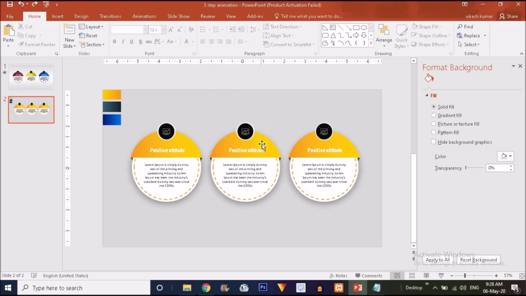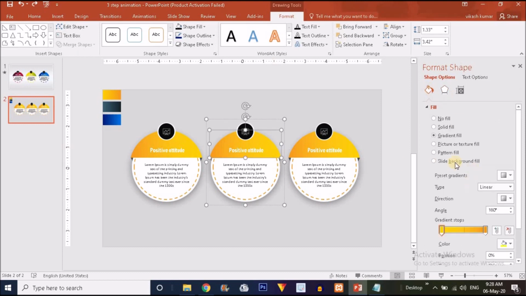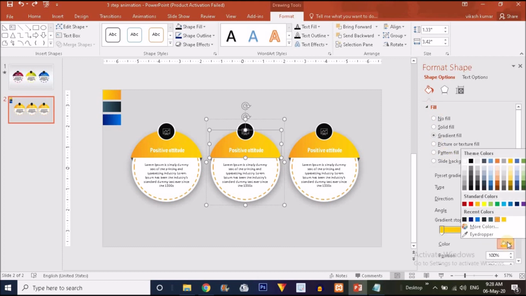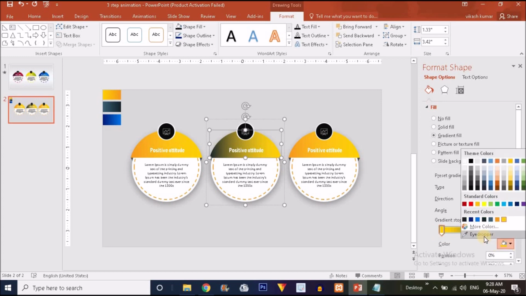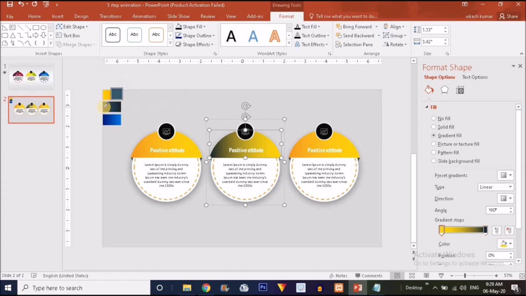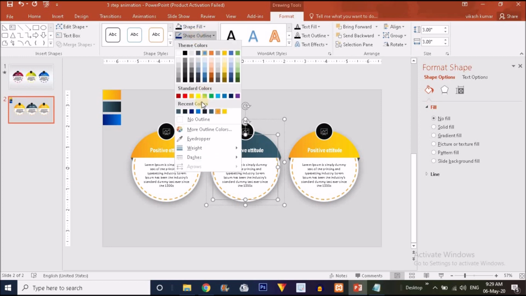So guys, now it's time to add different gradient colors to the different shapes. I'm going to select the semicircle of the second shape and go to the shape fill option and choose the darker handle, an eyedropper from the color, and choose this color from the sample. For the lighter one I'm going to choose this one, and from the dotted circle I just have to select the dotted circles and go to the shape outline and make it this one.